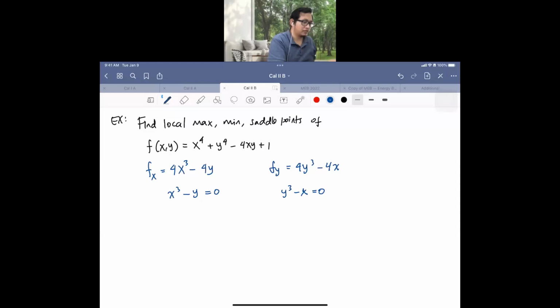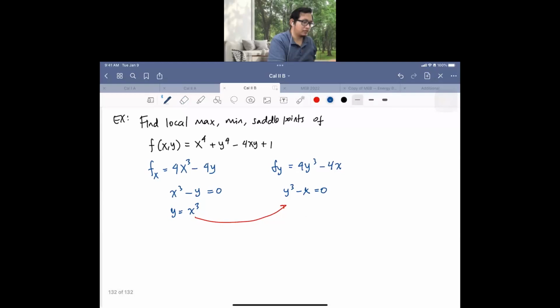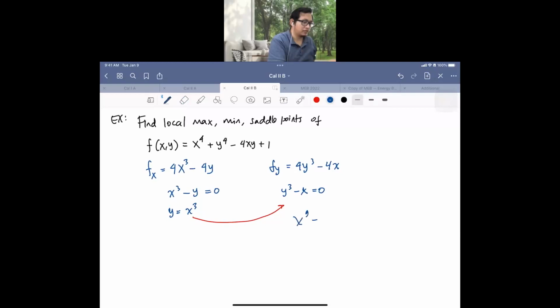So from y equals x cubed, we will have x^9 minus x equals 0. So x(x^8 minus 1)